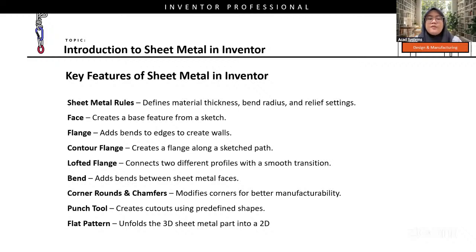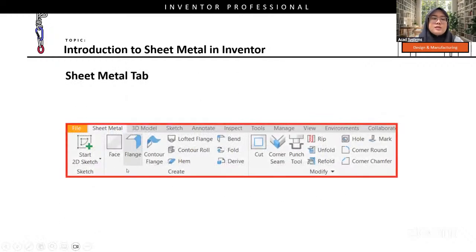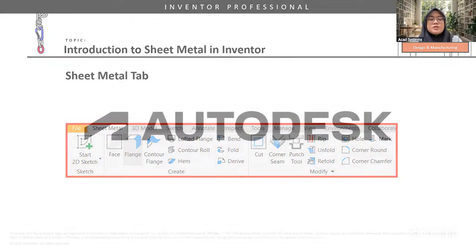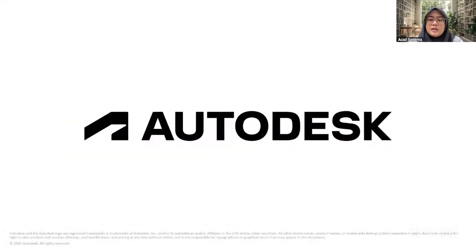And then we have flat pattern. So these are some of the key features of sheet metal in Inventor, but we have more. This is just a summary of the tools of sheet metal. This is the sheet metal tab that we will go through later in the sheet metal interface. All right, so without wasting any time, let's go to our